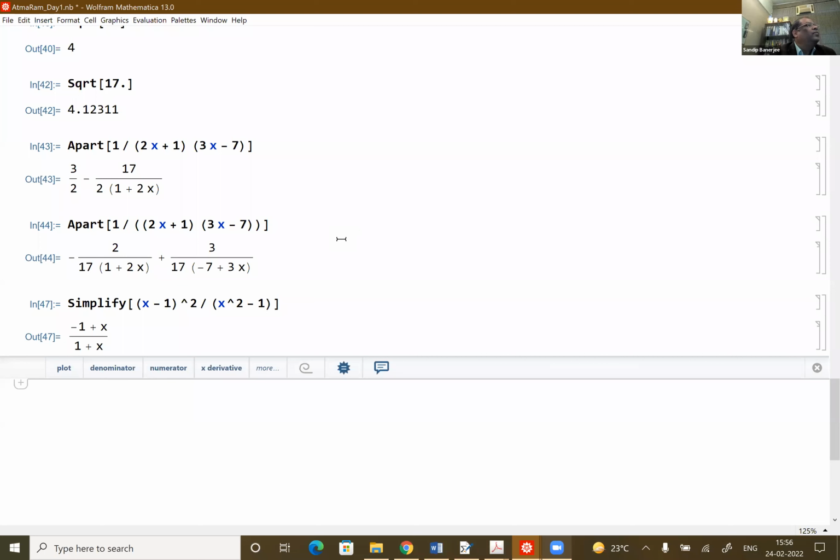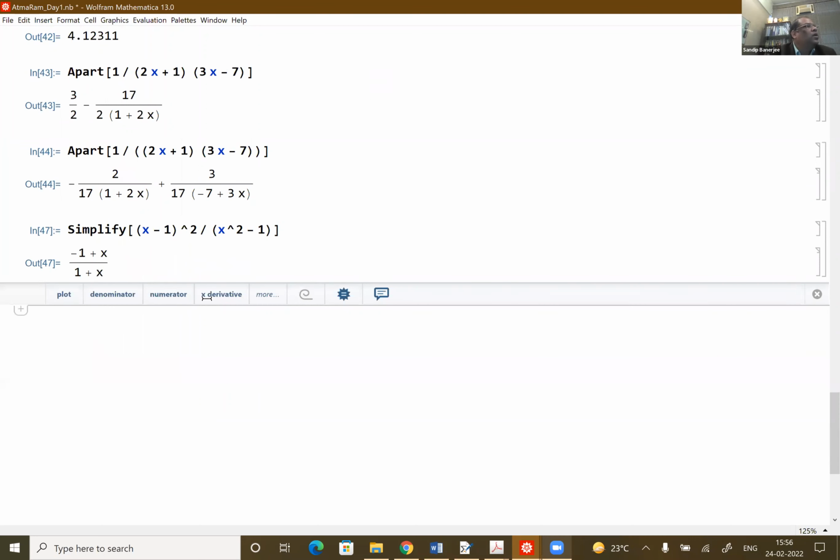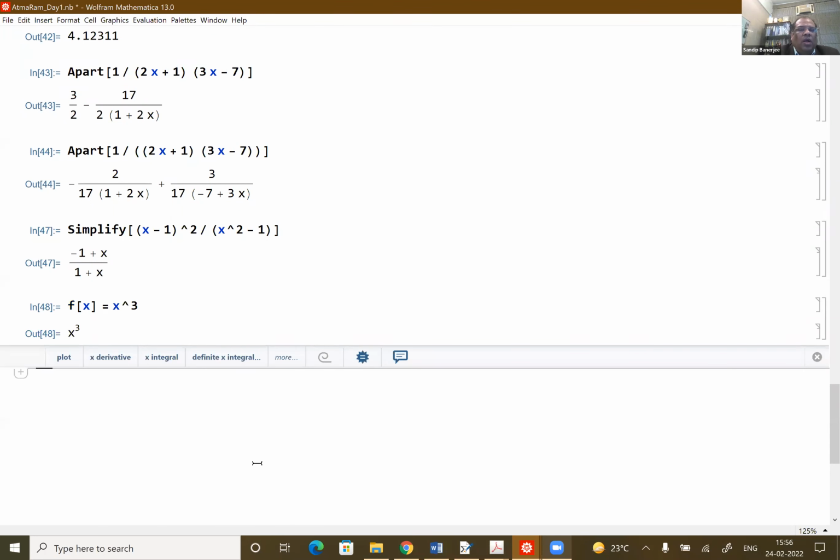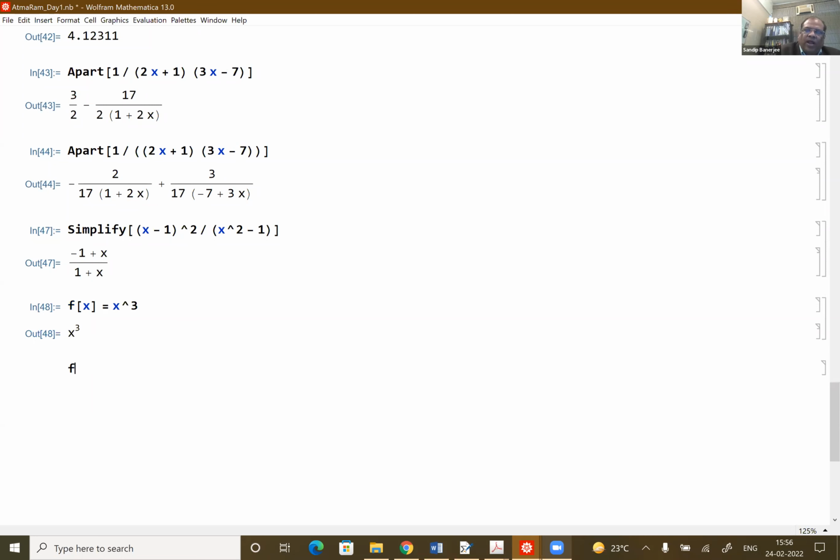Okay. Next, just check this one. Say f(x). So now I'm defining a function. f(x) equal to x cubed. And I want to find f(2),